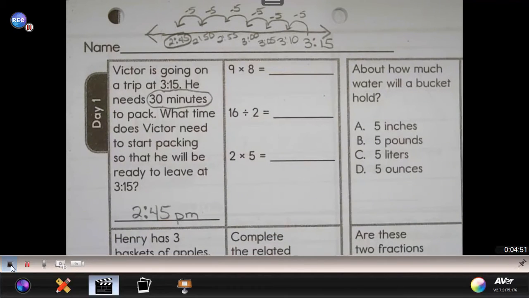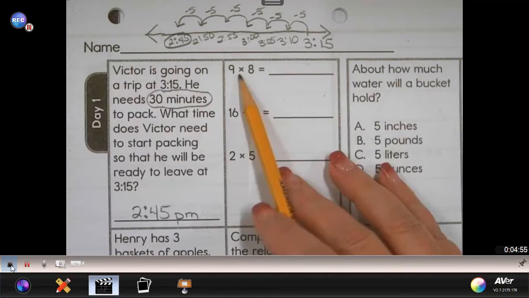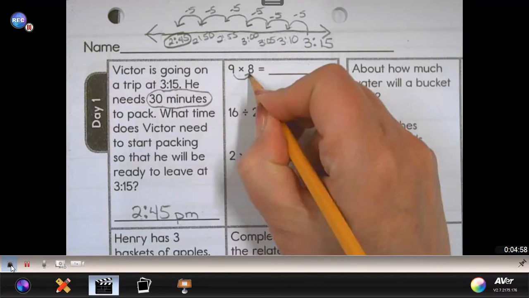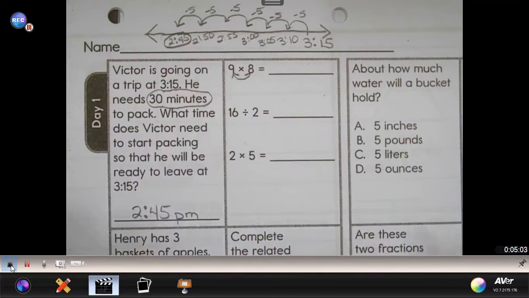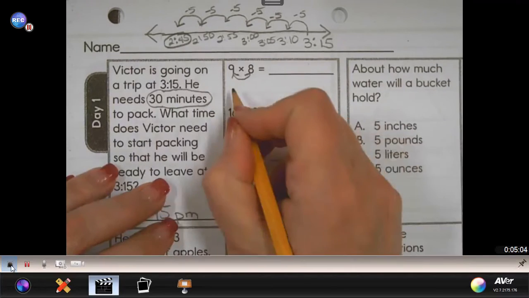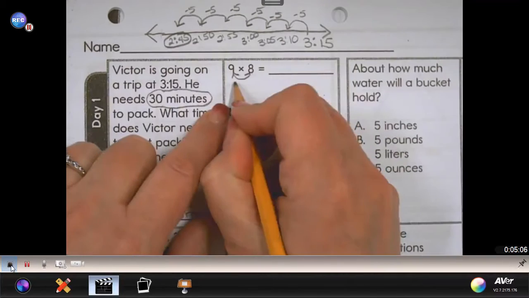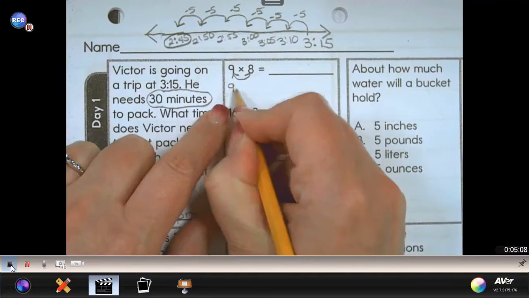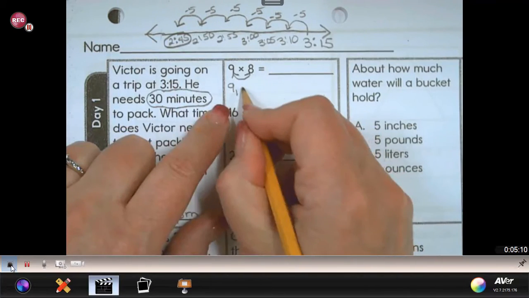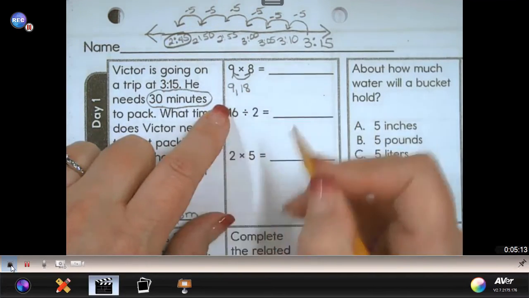We'd still be asleep. All right, let's take a look at 9 groups of 8, or 8 groups of 9. Whichever one is easier for you to count by, you might want to take the time to maybe count by 9. So let's look at our pattern of 9s. One group of 9 is 9. Then we have 18,